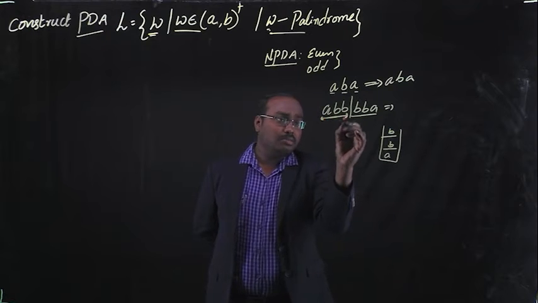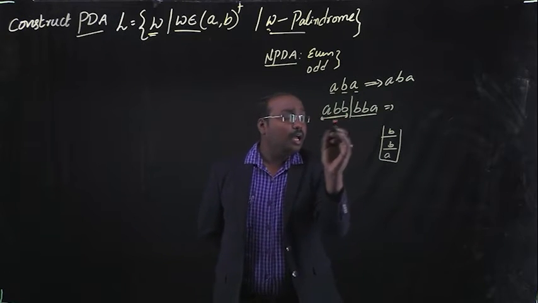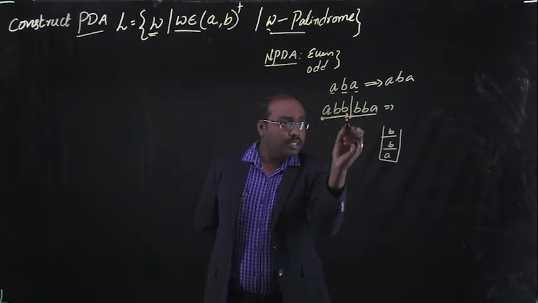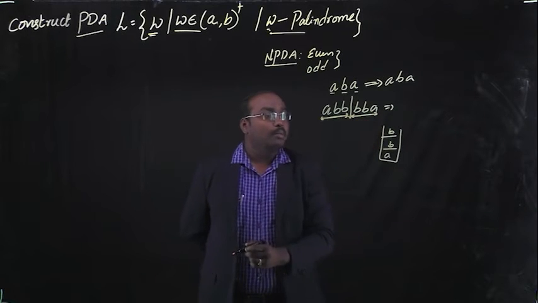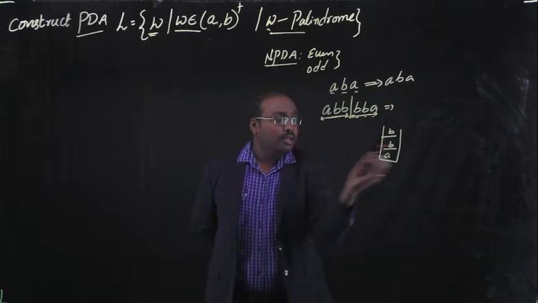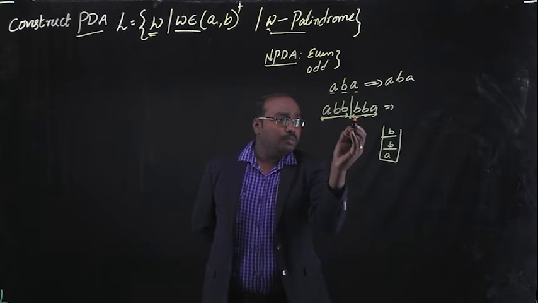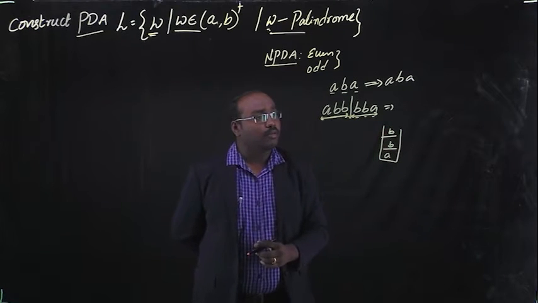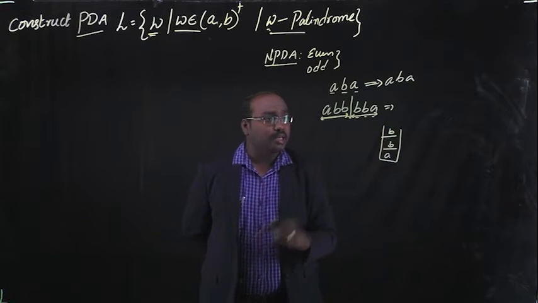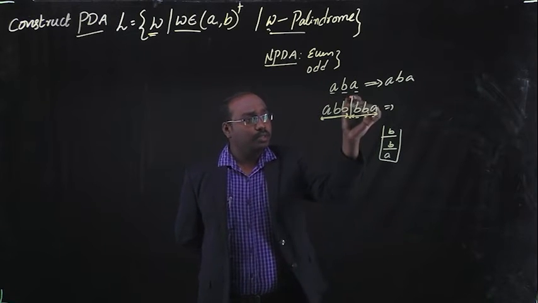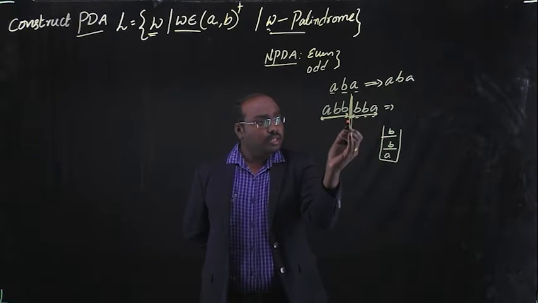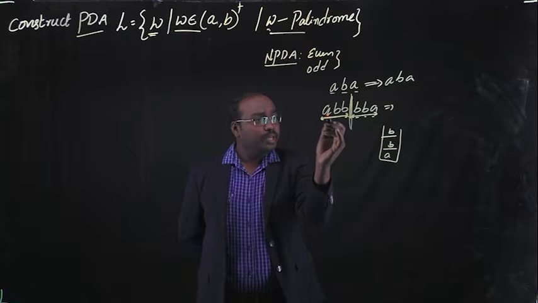These are the input symbols pushed onto the stack until we reach the middle of the string. After reaching the middle, we can pop the next elements, that means BBA. Here the top of the stack and the input symbol both match, so we have to remove that element from the stack. The first elements are pushed onto the stack till we reach the middle of the string, and after reaching the middle we can reverse the string.